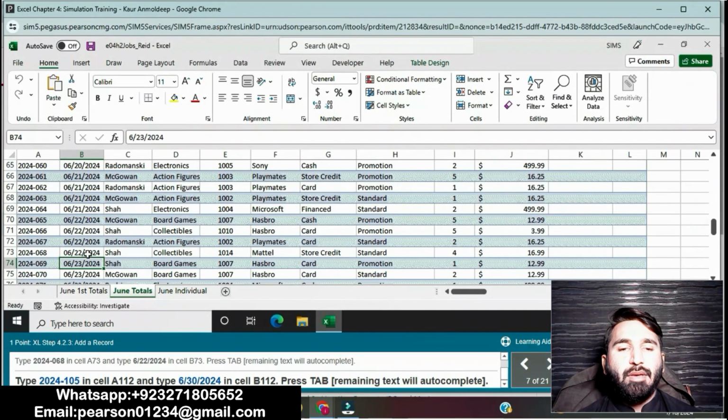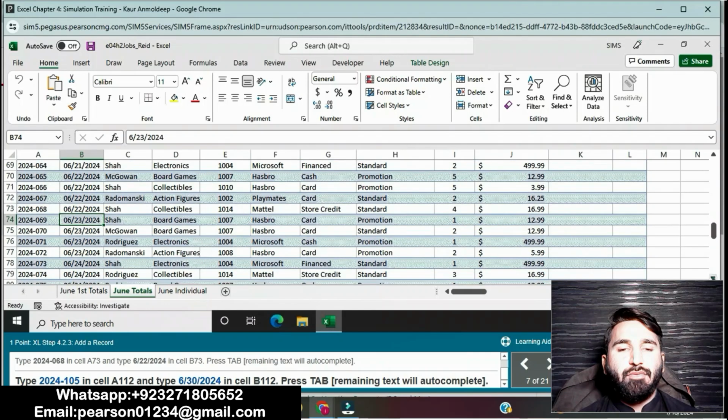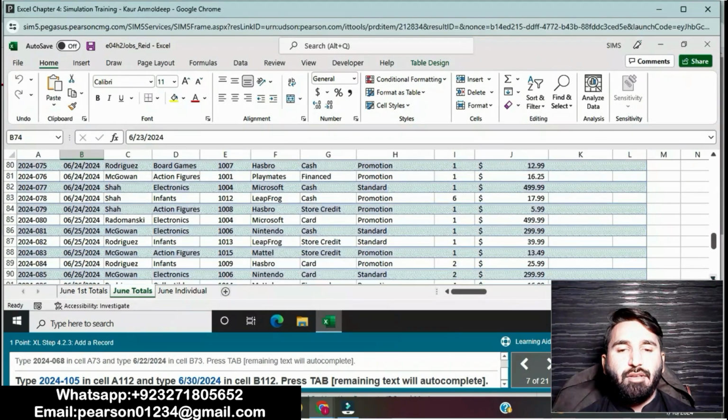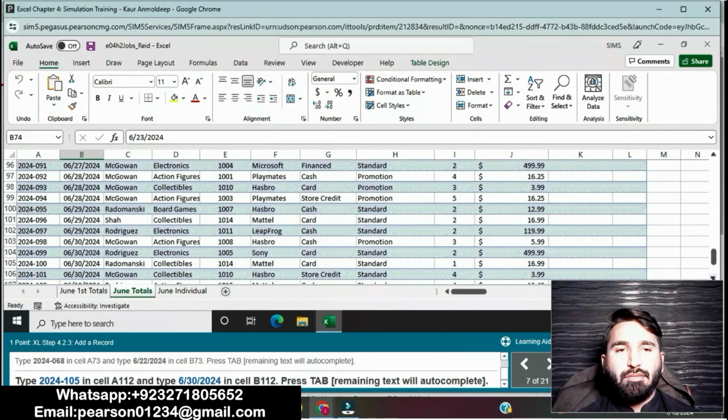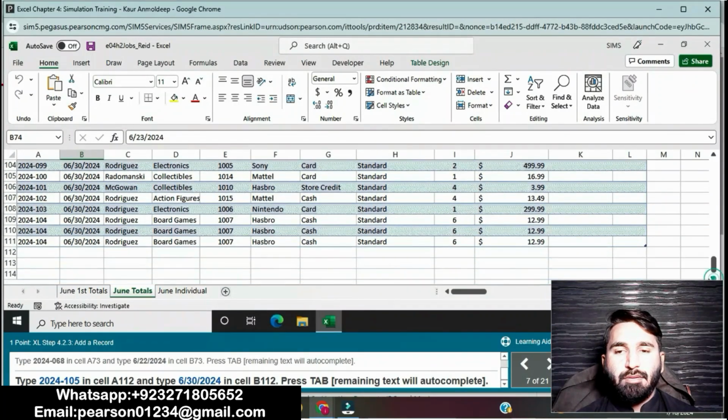Then Tab. 2024-105 and select row 112. Tab 2024-105.